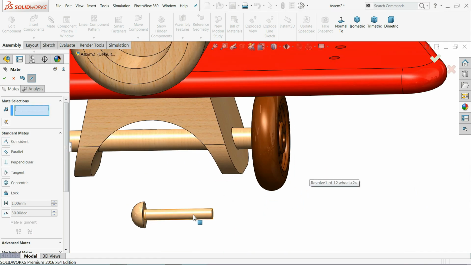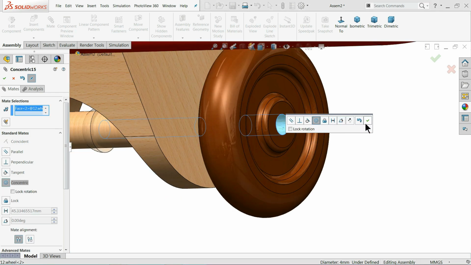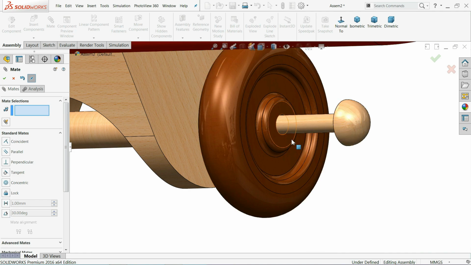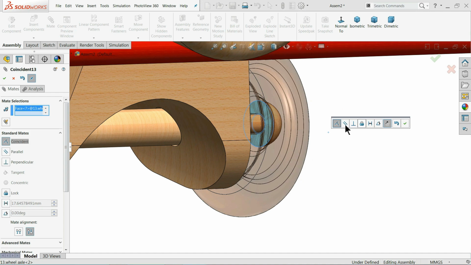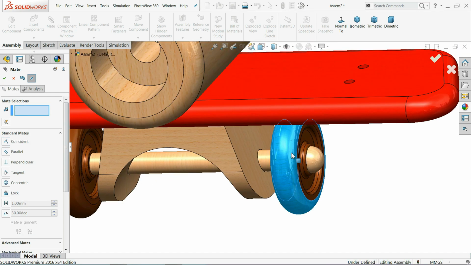This hole and this hole, concentric relation, but make it reverse. This hole, coincident relation. So see, we fixed our wheel here.